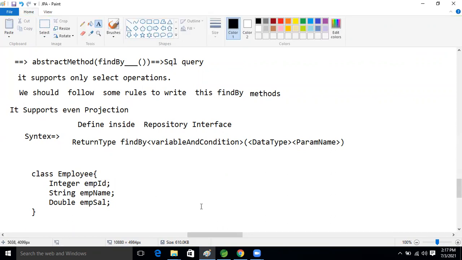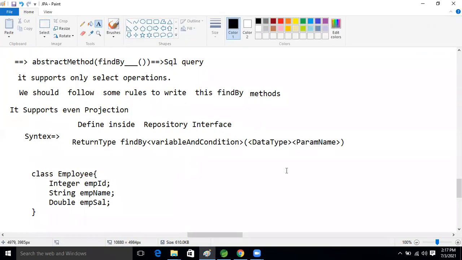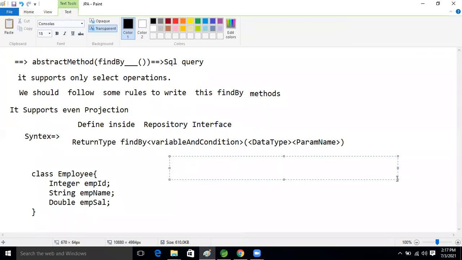So think about our query: select star from employee where empId equal to question mark. This is our query now, guys.